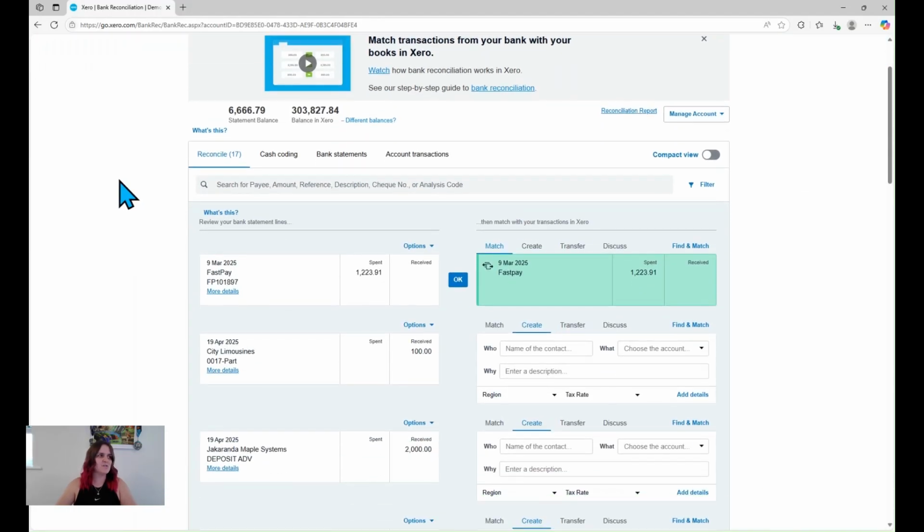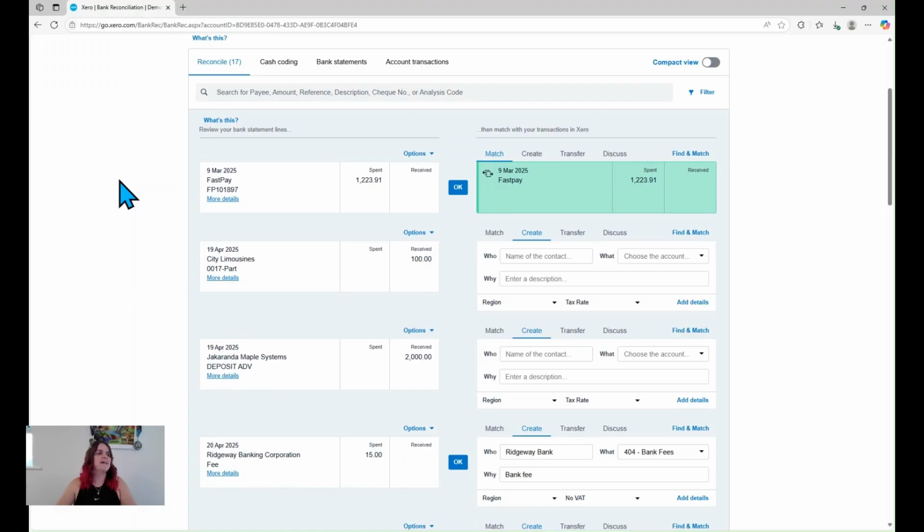And on the Reconcile screen, what you'll notice is your bank statement feeds are on the left. So this is everything that is specifically mentioned on your bank account. And then on the right will be whether there is an invoice or bill, or for example, you've had a transaction like this similar to the past, and Xero is suggesting this is a location you might want to key it to. Alternatively, you will have boxes similar to this one that is blank, and you need to fill in